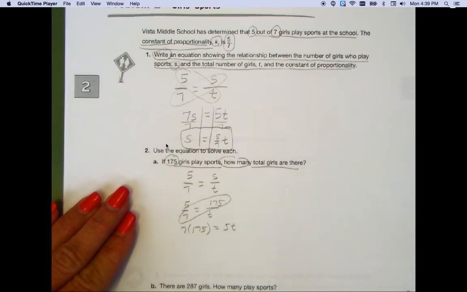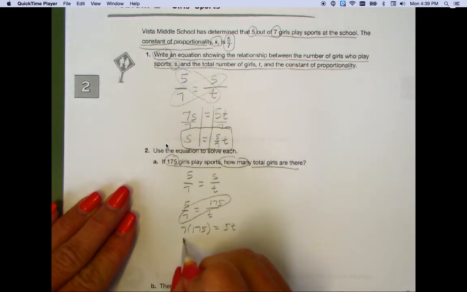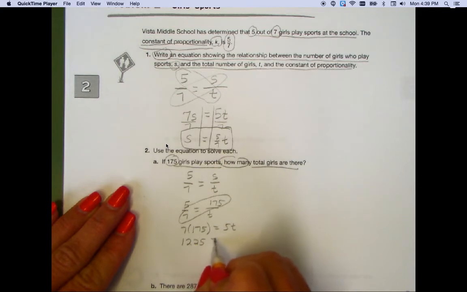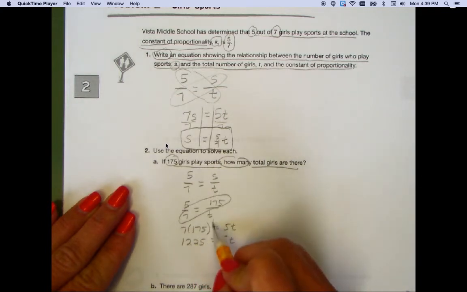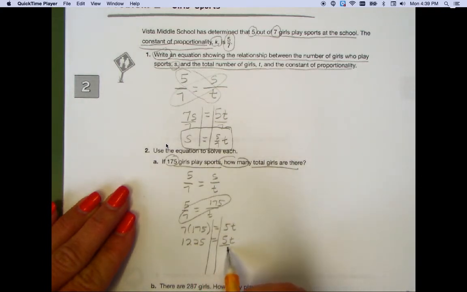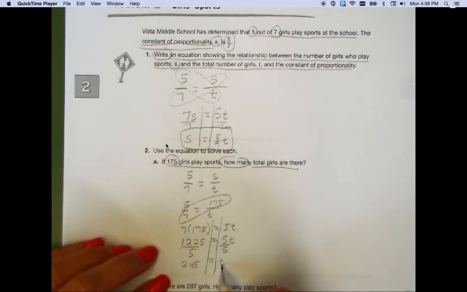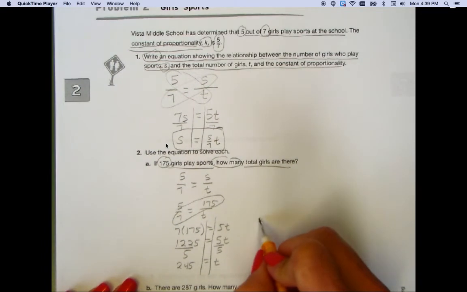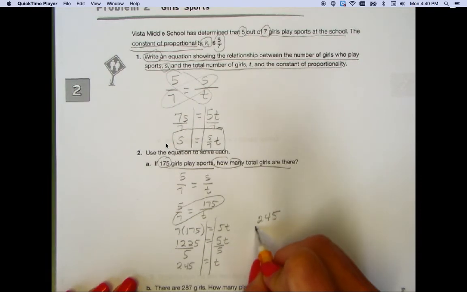So 7 times 175 gives me 1,225 equals 5T. If I isolate my variable, I divide both sides by 5, and I get 245 equals T. So that means there would be 245 total girls